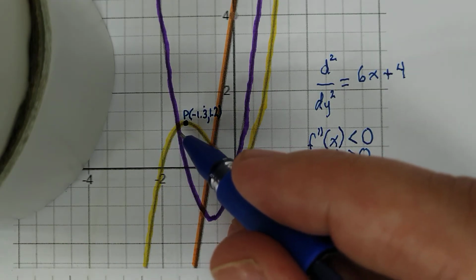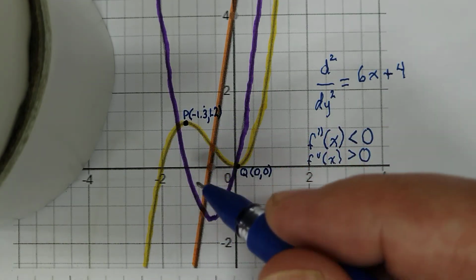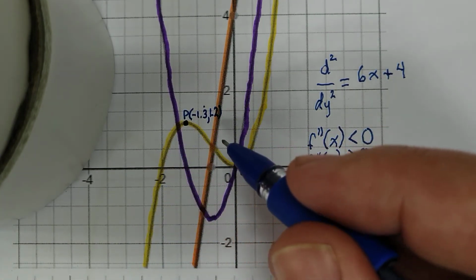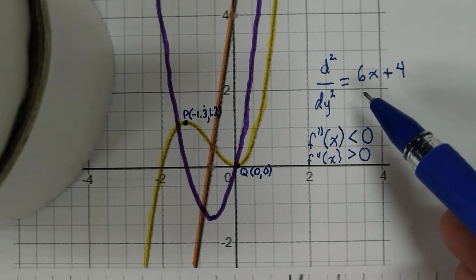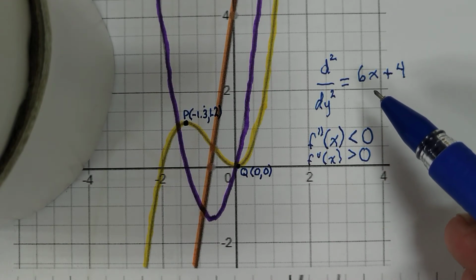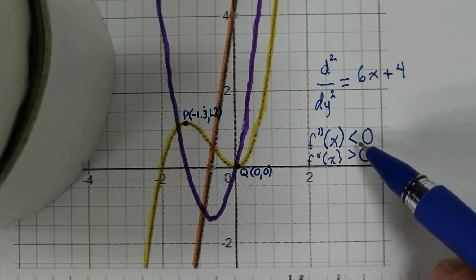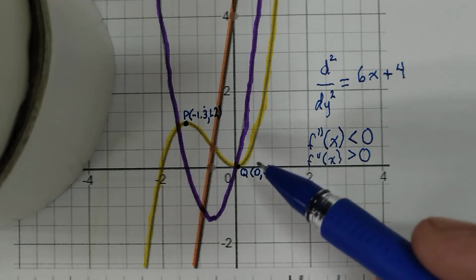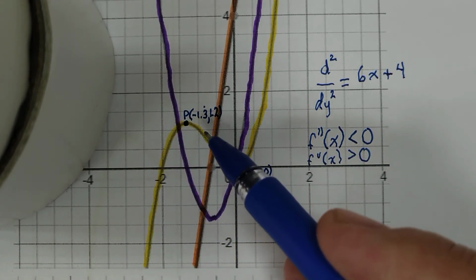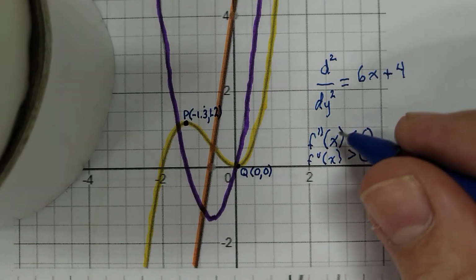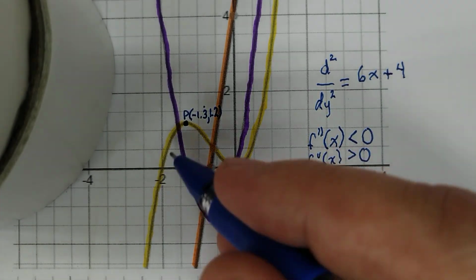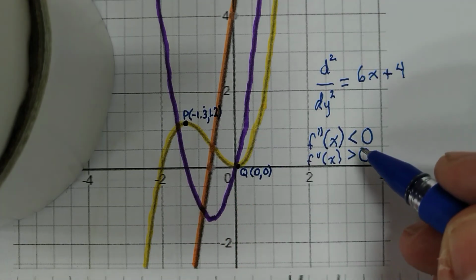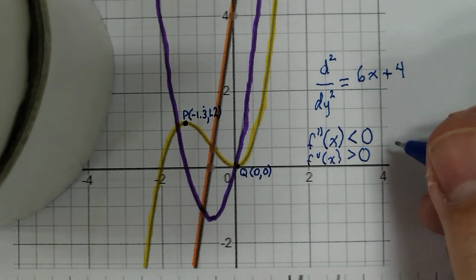So the second derivative, the orange one, is giving us information about the yellow one. So if I put negative 1.3 in 6x plus 4, I'm going to get roughly negative 3.8, which is below 0, which makes sense because we're going from a positive slope to a negative slope. So if you have this scenario, if you put in an x value, then it tells you that it's a local maximum because it's less than 0, and therefore